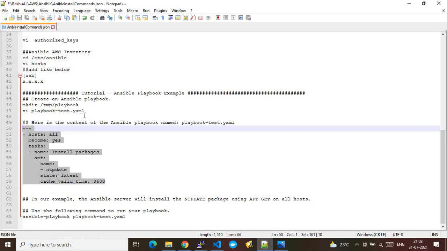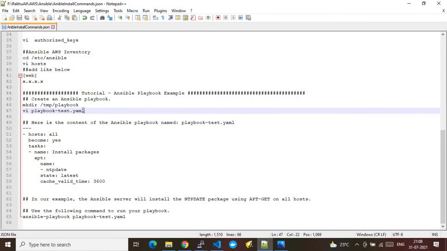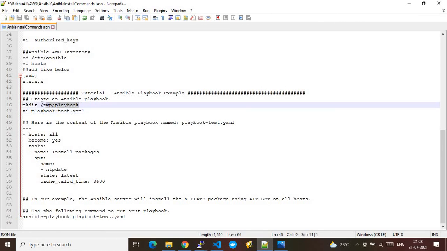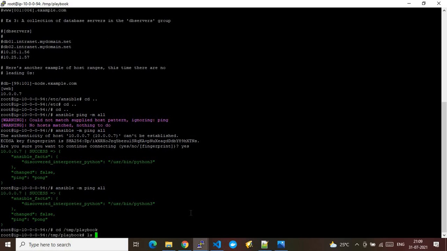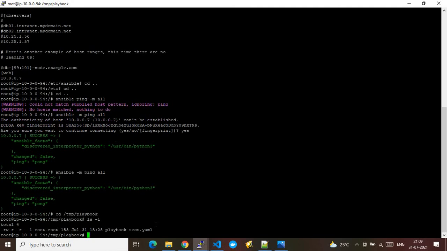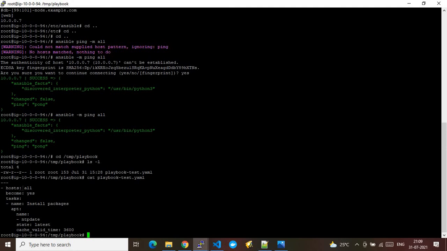For this demo, let's go and execute this Ansible playbook and see what the result is all about. Let me do a cd to this directory, and I will show you that I have created a playbook there. Let me do ls. Yeah, so we have the playbook. Let me do a cat of that playbook, and I will show you the content. So here you go. I have created that YAML file under temp/playbook, and I'm ready to execute the playbook from the Ansible master node.